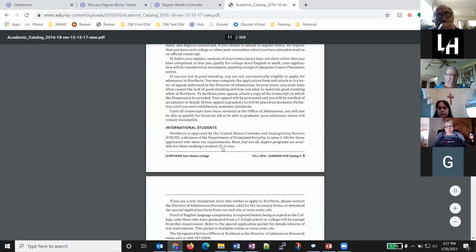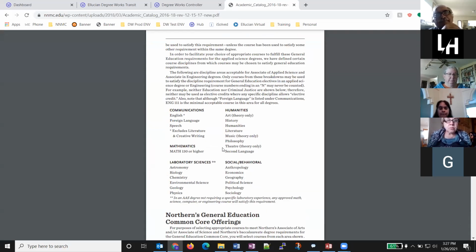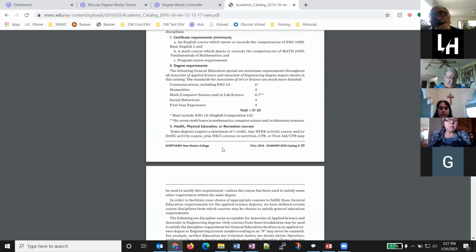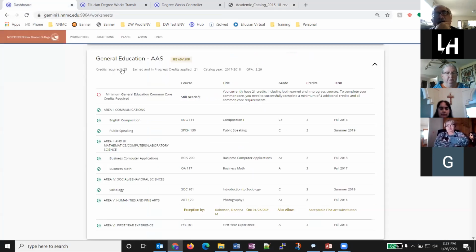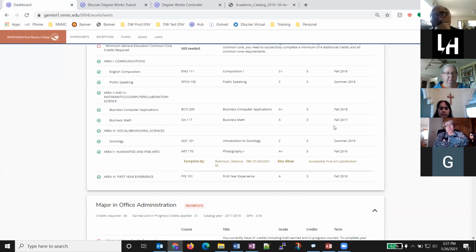Okay, so this is an AAS degree. The student needs 21 to 22 gen ed requirements. So I need to fix DegreeWorks to not show credits required for gen ed 25. It needs to show 21. So I'll fix that. Besides that, all of her requirements are being met